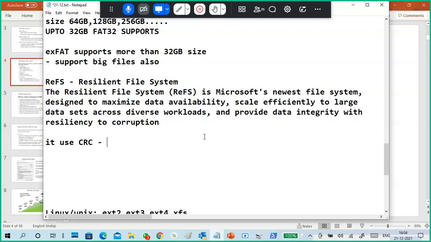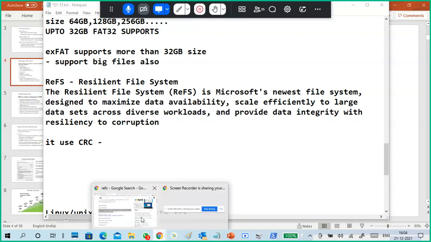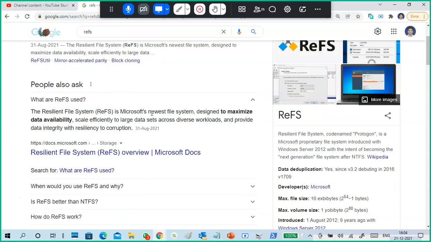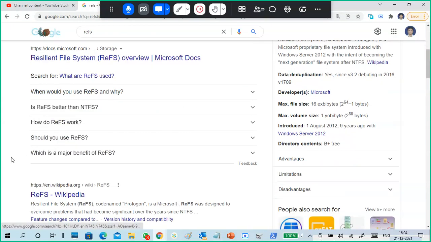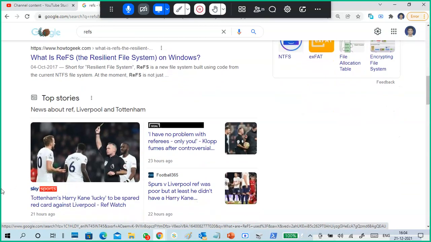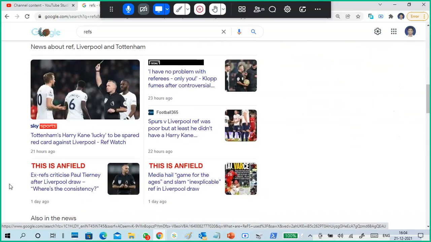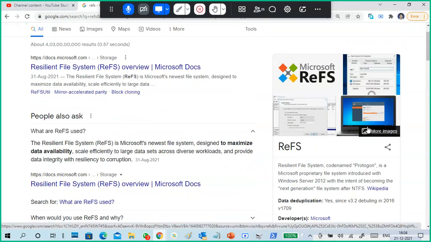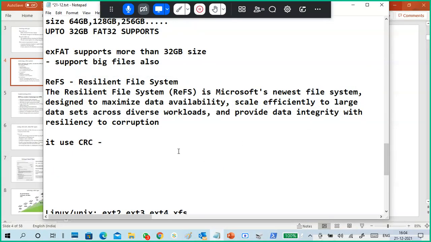Can anybody tell what CRC is? You guys have completed networking, right? Tell me what is CRC. Any CSE or IT guys?